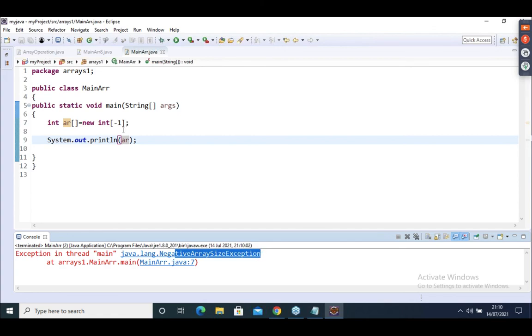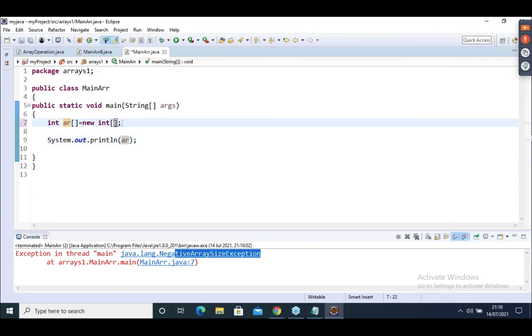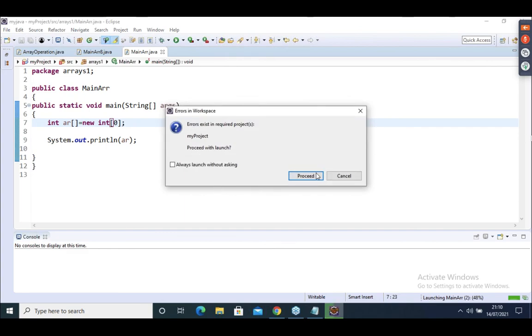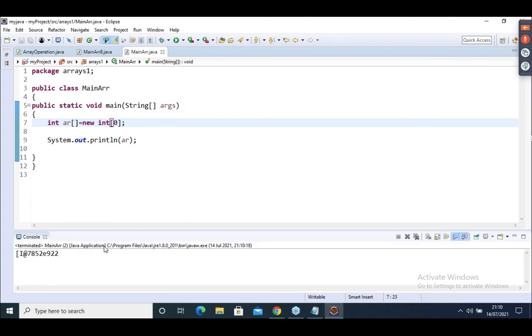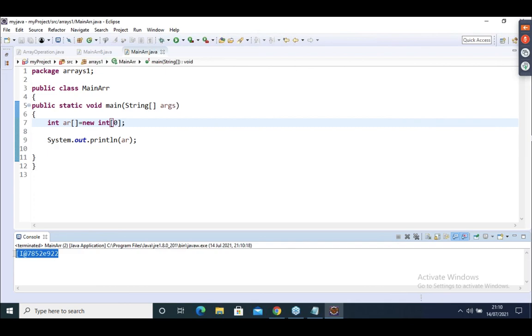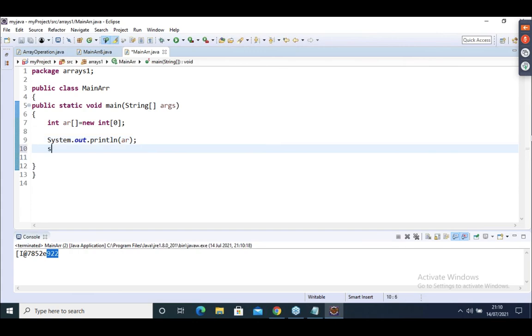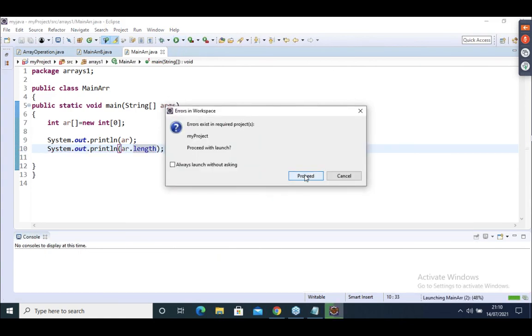If you give 1, 2, 3, it will create an array with size 1, size 2, and so on. If you specify 0, it creates a new array with size 0. If you print the length, it prints 0. You can create it, no problem.